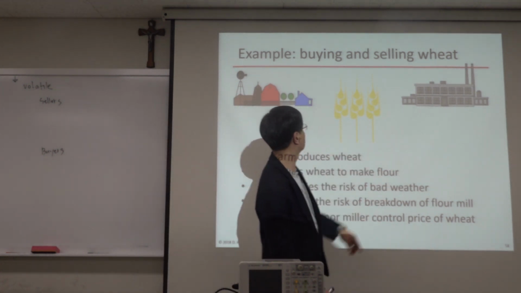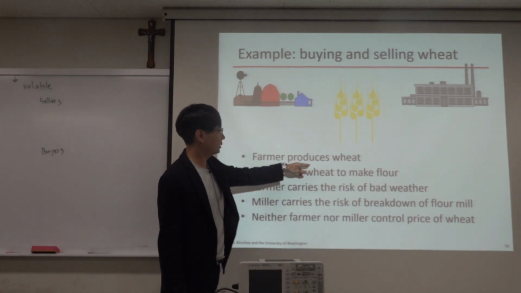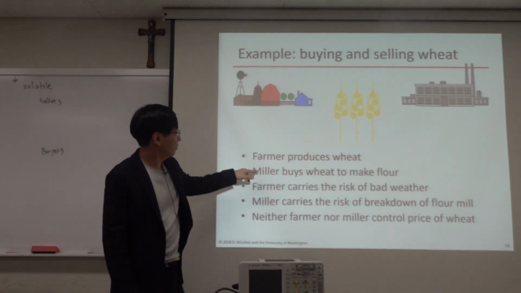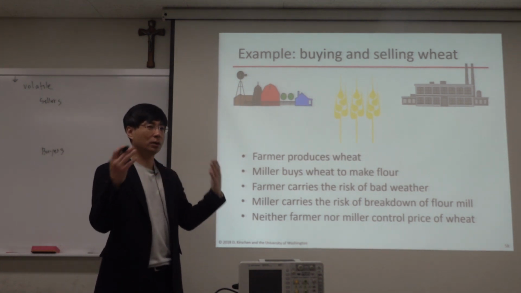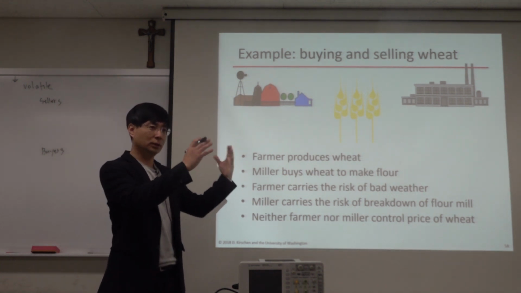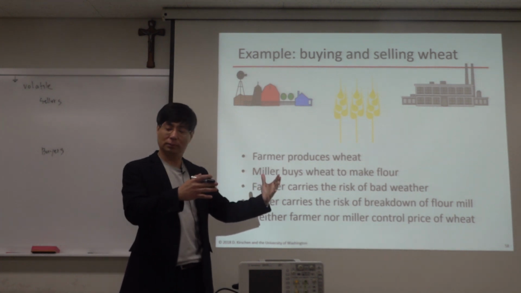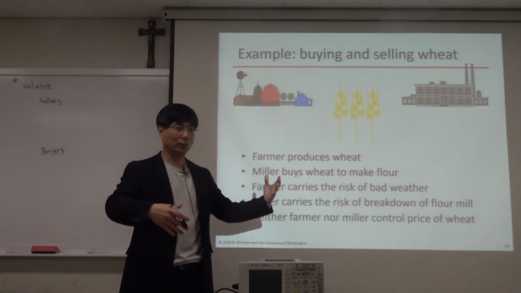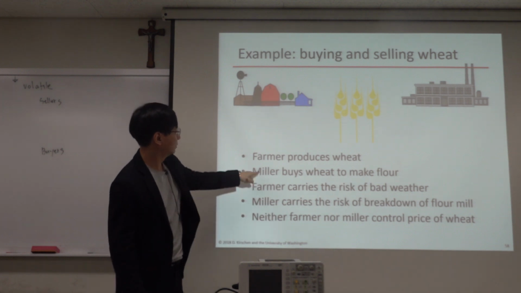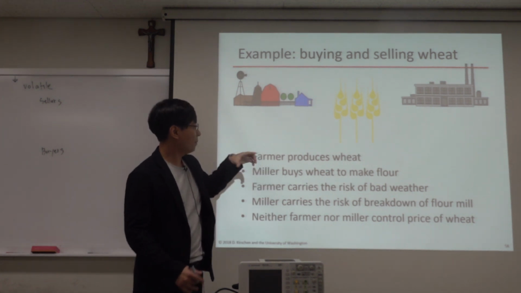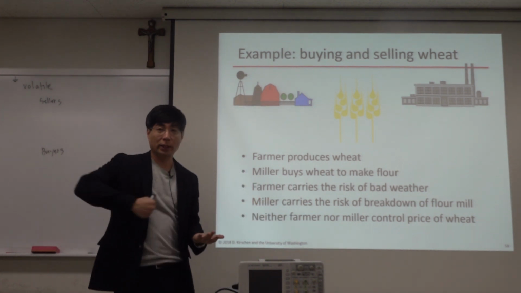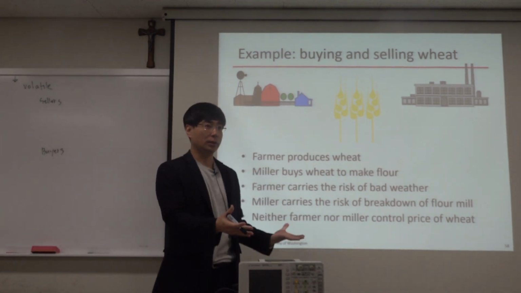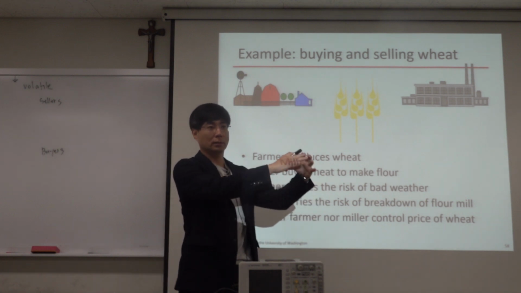The farmer produces wheat. And the miller. What is a mill? A windmill, a water mill, you know what I'm saying. The miller grinds the wheat and makes it into flour, and flour is used to make